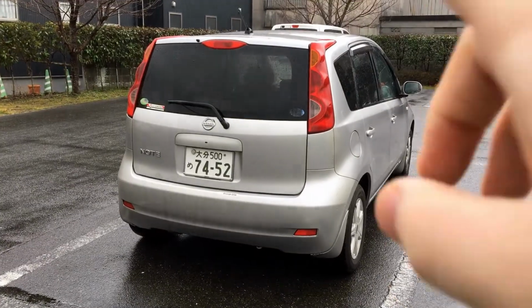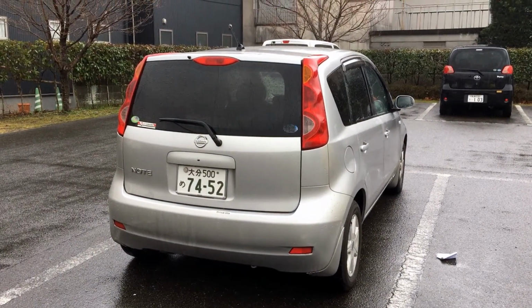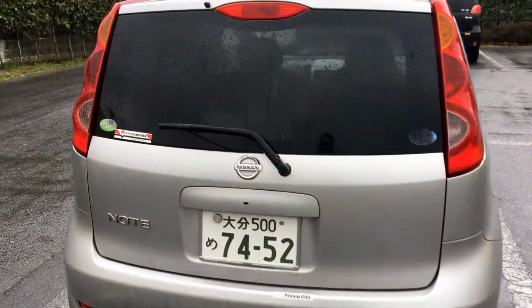The rear design is really nice. I actually like the taillights and the kind of the squared off look in the back. I know that's a weird design. It almost reminds you of like an Aztec or a Toyota Matrix, but whatever, I like it. The cargo room in the back